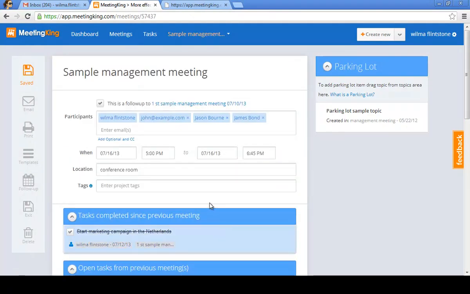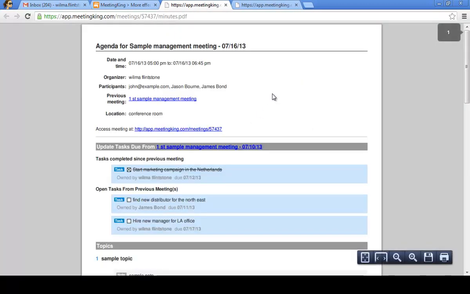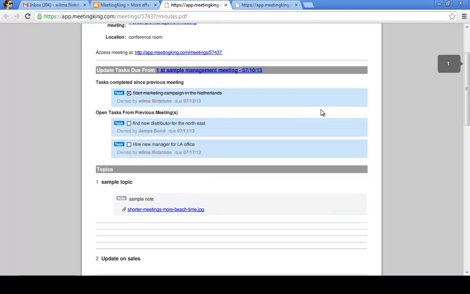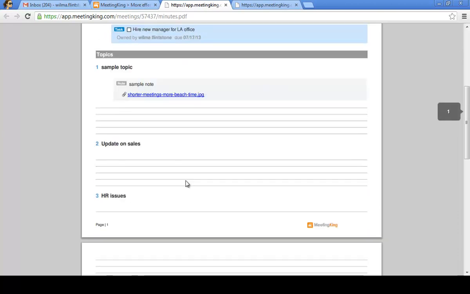So what kind of document does it create? I told you about the email and the print functionality. Since the time is in the future, it will create an agenda. Here I have my agenda. Again, this information can be copied automatically out of my previous meeting. Here's my overview of the tasks from the previous meeting, and here I have my topics for this meeting